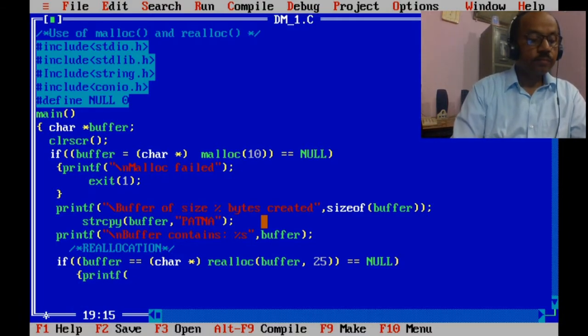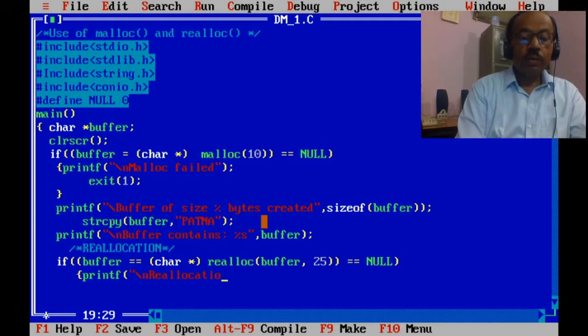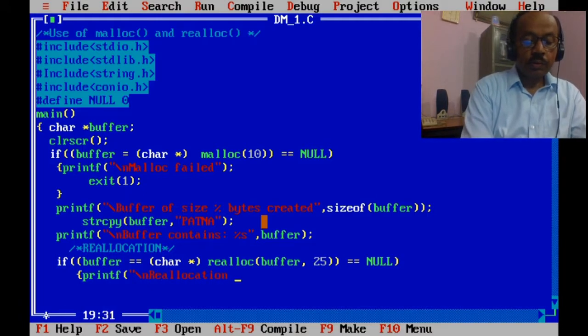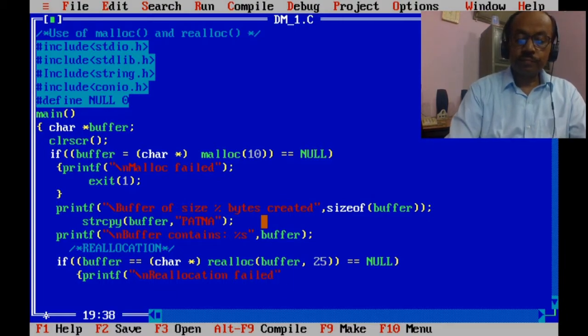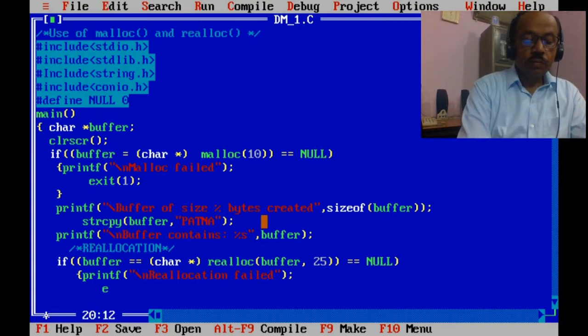Printf. If it fails, then this message will display: reallocation failed. Otherwise it will move forward.